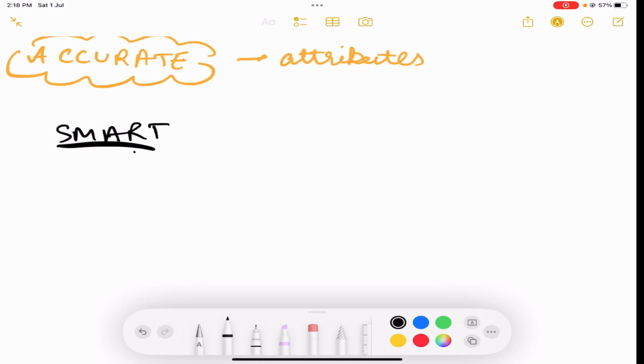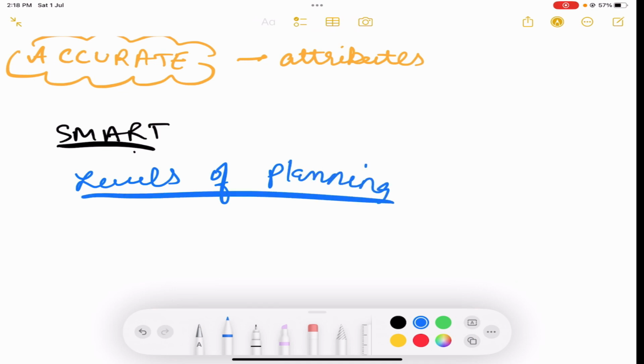Okay, so we know what controlling is and we know what decision making is. Now let's come to the levels of planning. What are the levels of planning? If you can recall, we saw the top level management, lower level management and further lower level management. The first thing which we had was strategic planning. Strategic is the core team or the